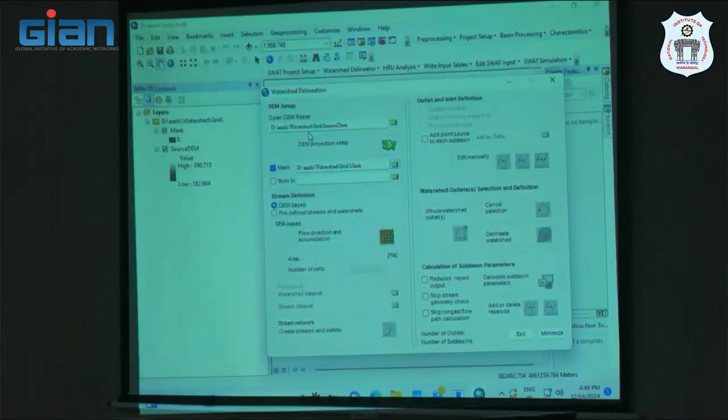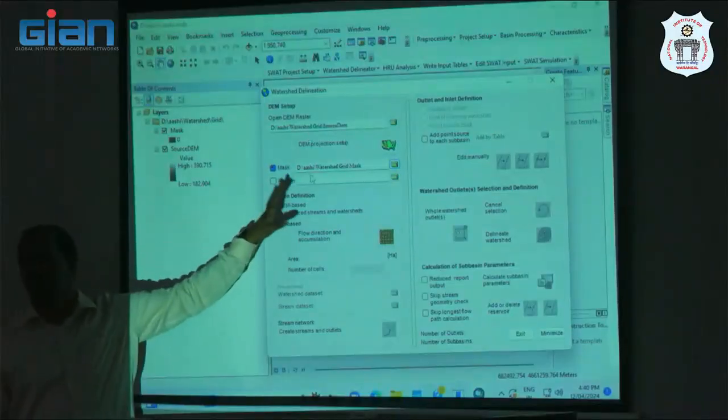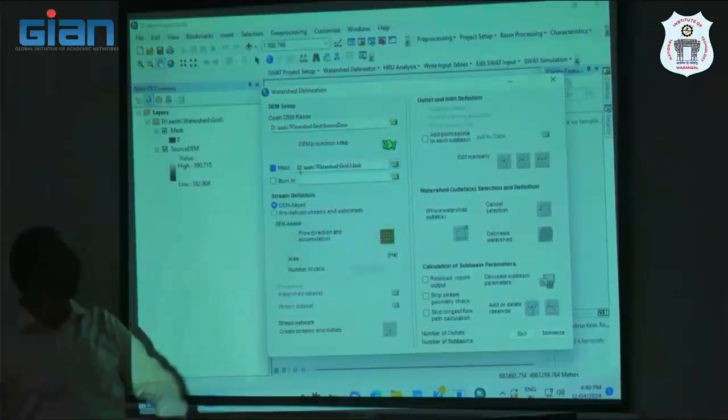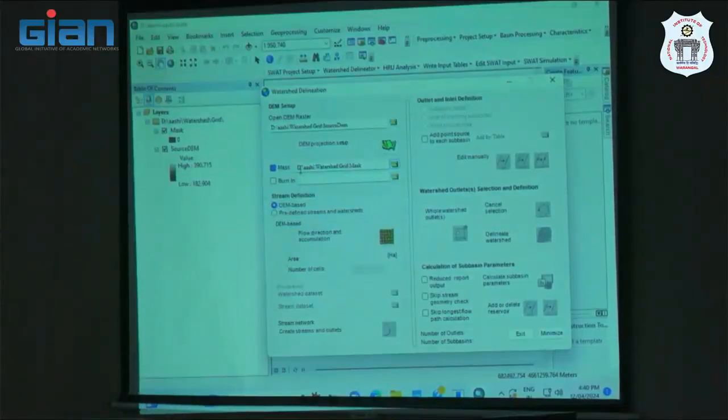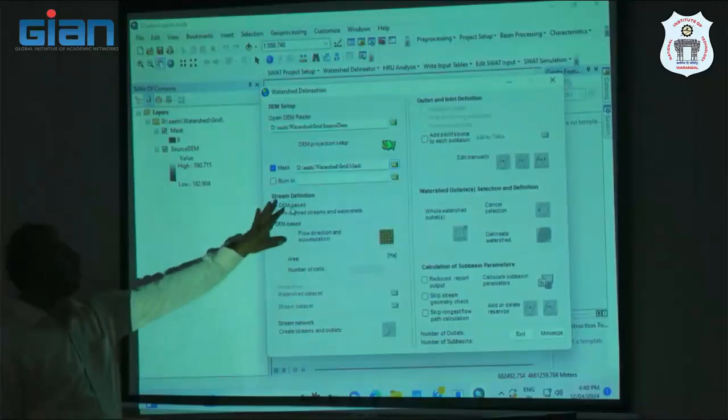So if you have a shapefile, which can be derived either from your topo sheets, or through some aerial survey, drone survey, or manual survey, you can use this burn-in option to correct your DEM. Right now we don't have one, so we just go with the DEM as is. Now once we call stream definition,